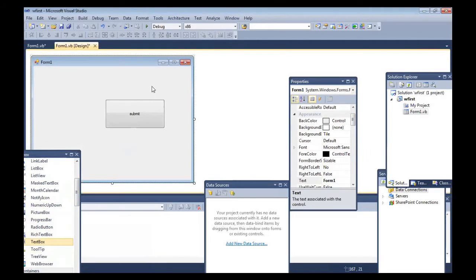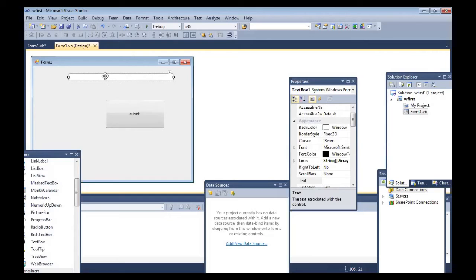This is the text box. In this text box, we want to display welcome to Visual Basic when I click over the button. So over the click event of submit, you want to display welcome to VB.NET in this text box.